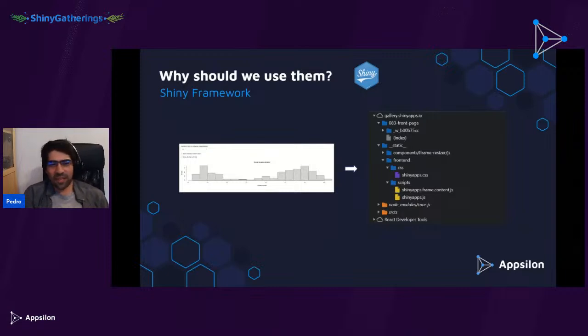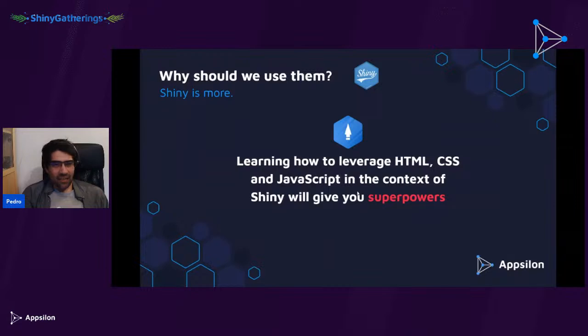So there's a bit of CSS, a lot of JavaScript, and there's also a bit of HTML. And the one thing I can tell you is that learning how to leverage these three, HTML, CSS, and JavaScript, specifically in the context of Shiny, will give you superpowers. It's really crazy the amount of stuff you can do using Shiny as a base, and then starting to just add your own magic sauce and your small changes in these specific languages.